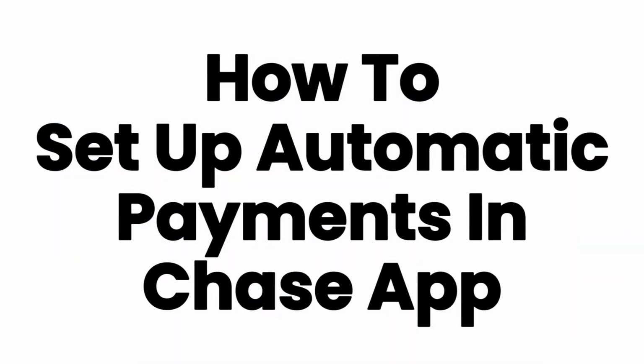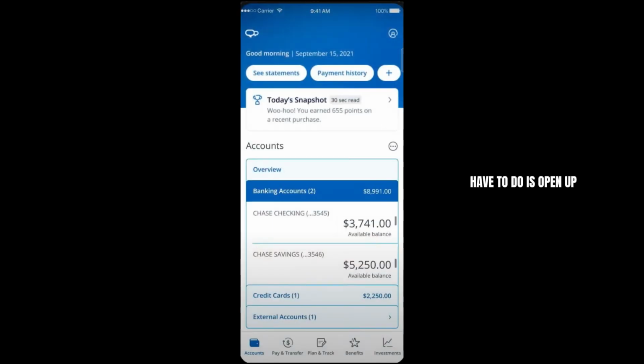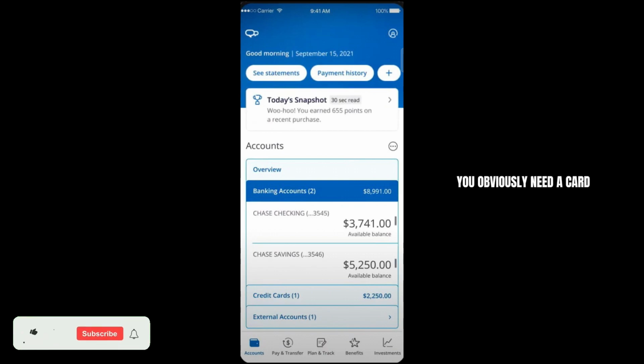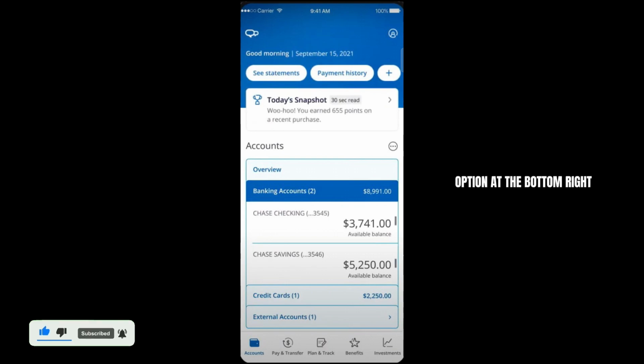Hey guys, in this video I'll show you how to easily set up your automatic payments in the Chase app. The first thing you're going to have to do is open up the application and make sure that you are logged into your account. Now, in order to set up your automatic payments, you obviously need a card connected to your account. And once that is done, you can just go ahead and tap on the Pay and Transfer option at the bottom,